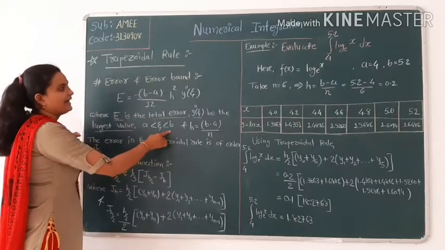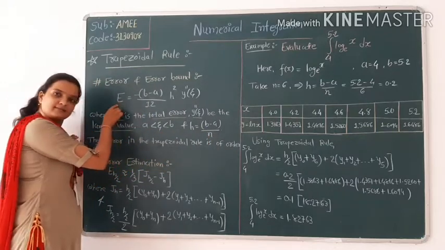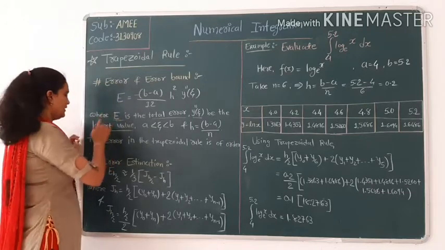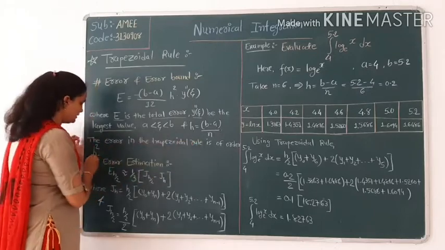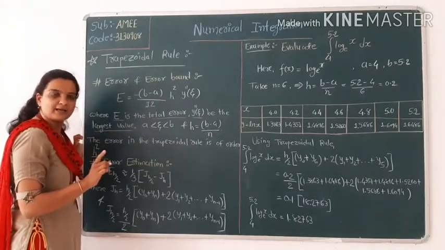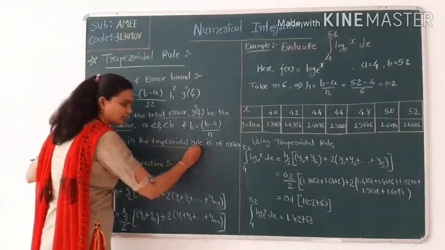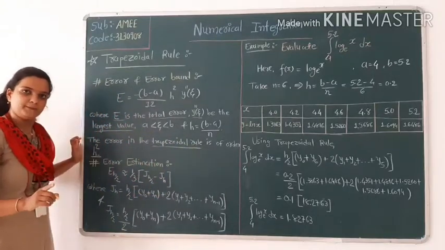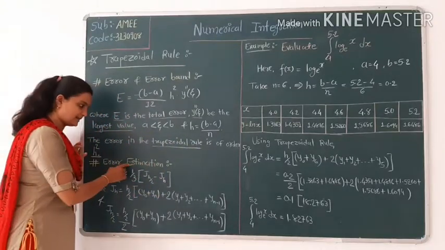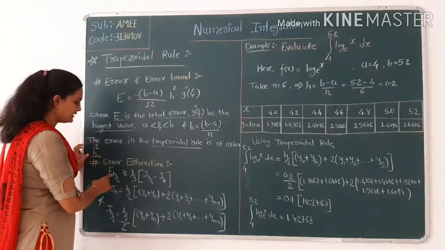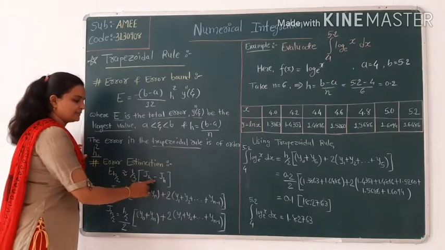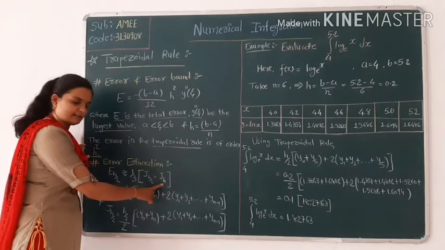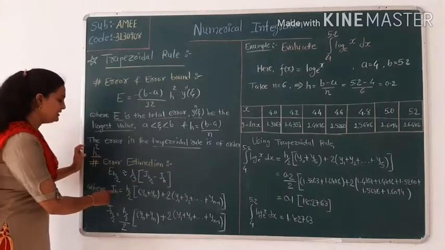Also we find the error bound using this formula. Now the error in the trapezoidal rule is of order h square. Remember that the order of the trapezoidal rule is h square. Now error estimation. The formula is E_{h/2} equals 1 by 3 (J_{h/2} minus J_h), where J_h